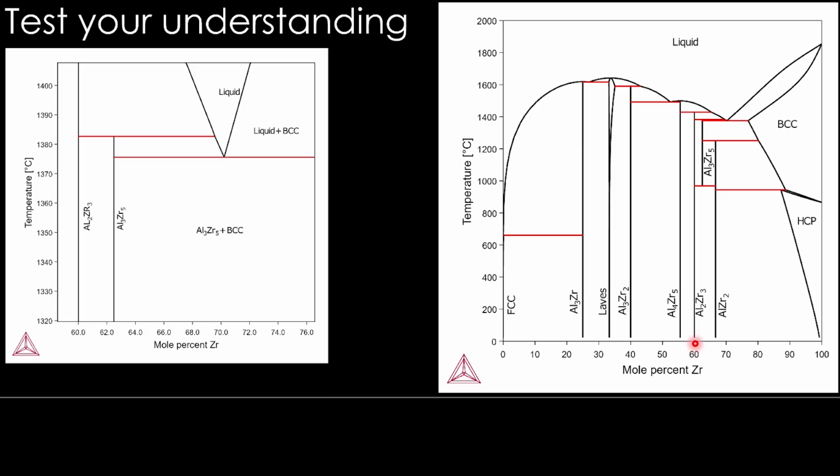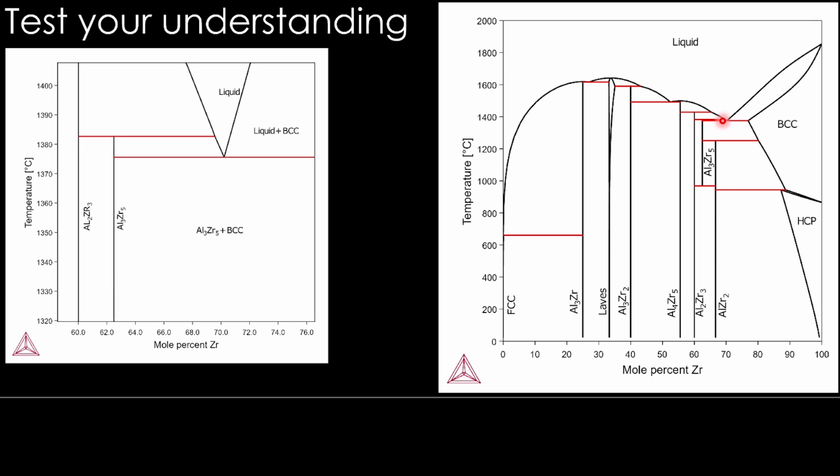So this is this particular region. You can see the x-axis is here, 60 to 76%, and the y-axis 1320 to about 1400. So we have really zoomed into this temperature range and this composition range. You can see there is a peritectic reaction: liquid plus one solid, Al2Zr3, combine to give a new solid, Al3Zr5, that is here. And this horizontal line here is liquid giving one solid, Al3Zr5, on this side and BCC on this side. So there is one peritectic and one eutectic reaction in this zone.